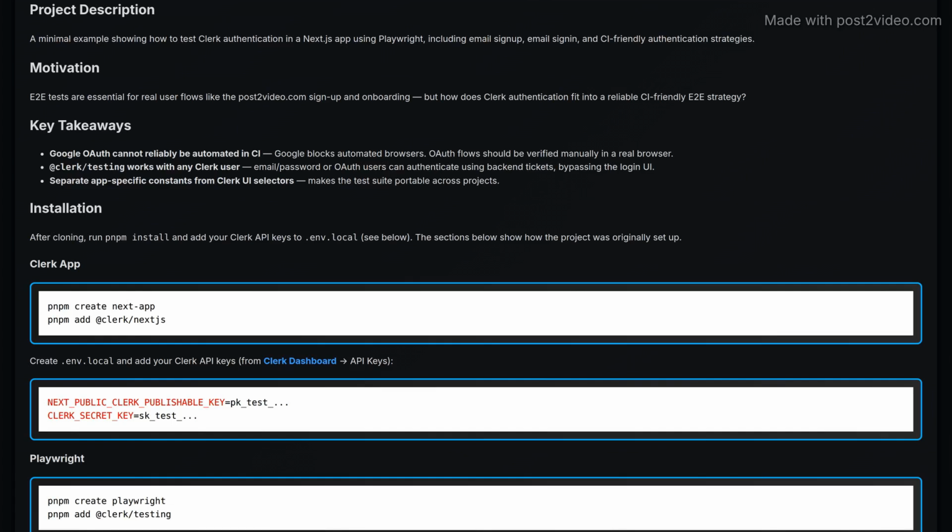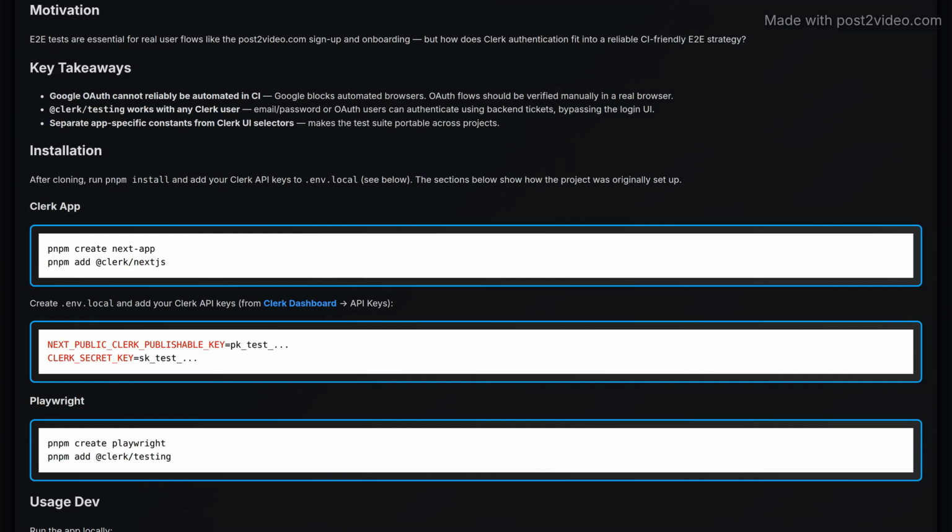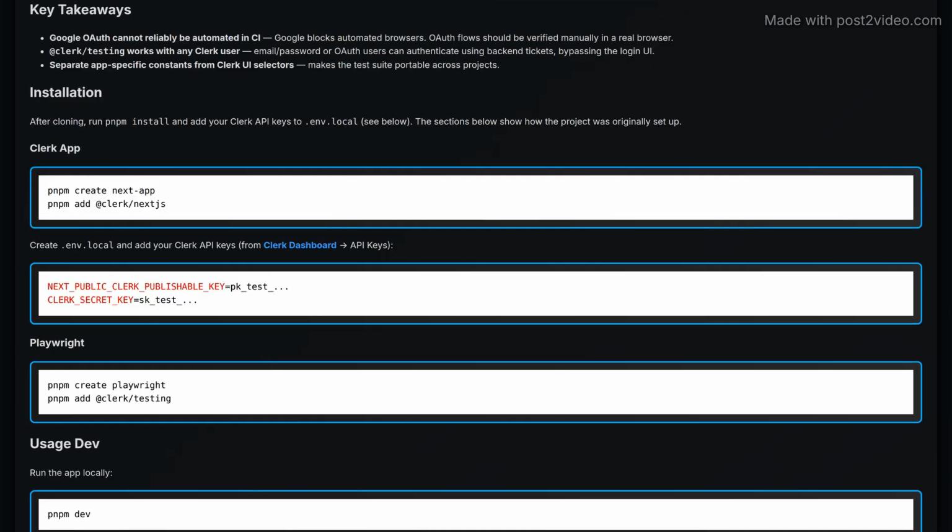The project demonstrates testing Clerk authentication in a Next.js application using Playwright, covering email signup, signing, and CI-friendly strategies. E2E tests ensure seamless user flows during signup and onboarding, which raises questions about integrating Clerk authentication into a CI-friendly testing approach. Key takeaways include that Google OAuth is not suitable for CI due to blocking automated browsers, and that